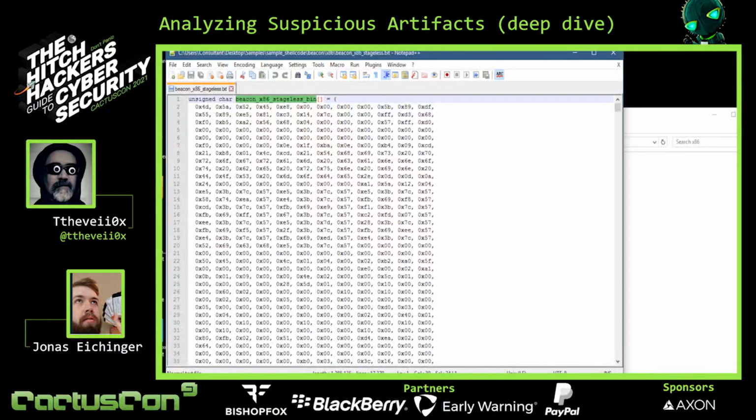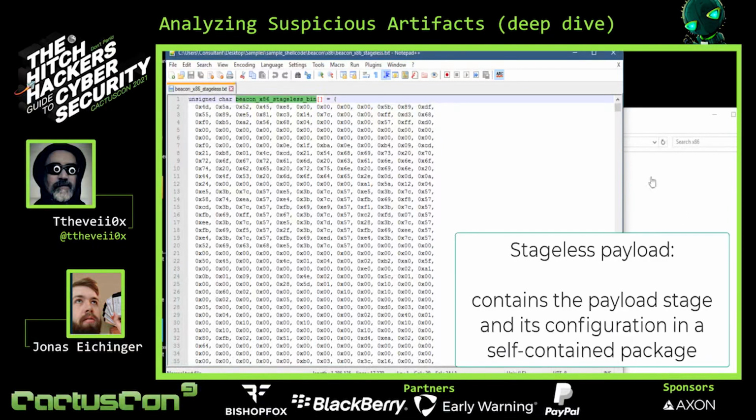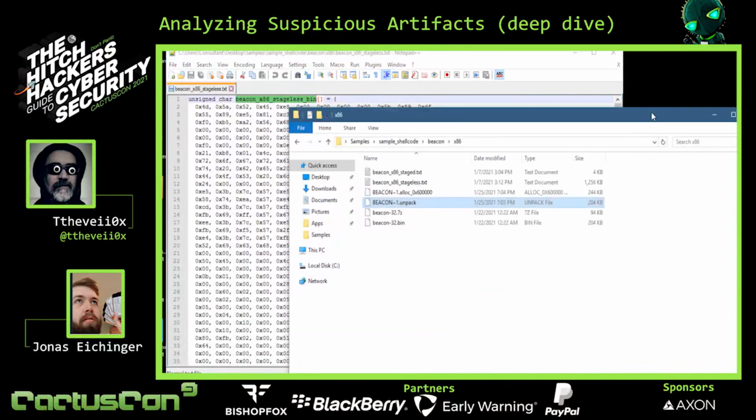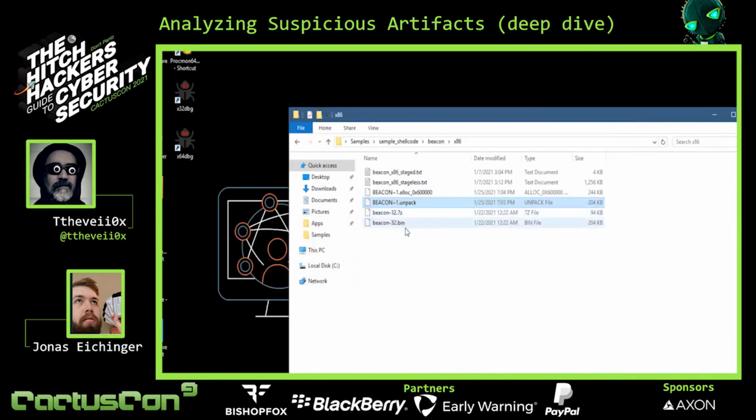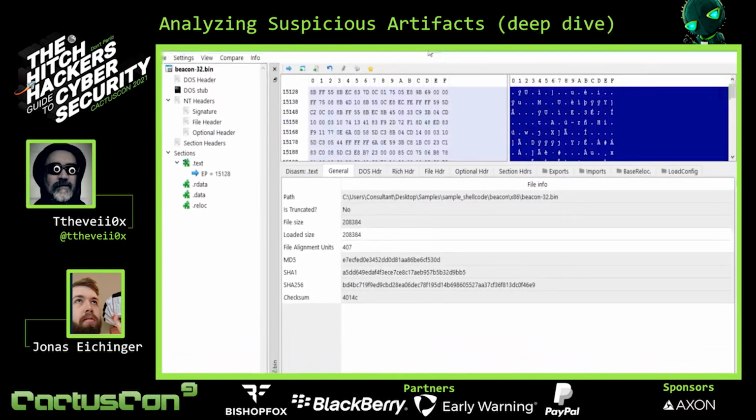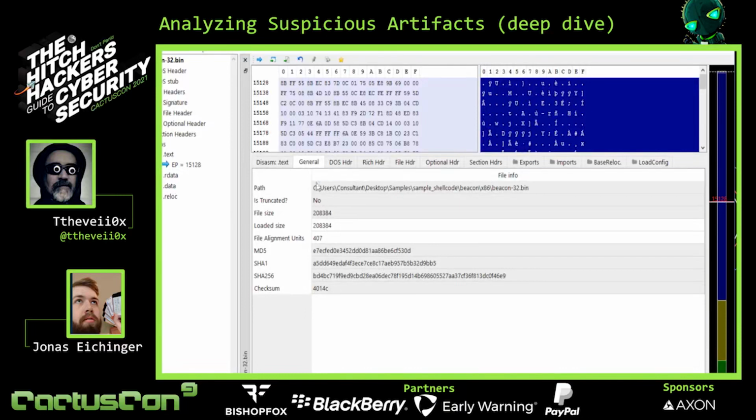For this demo, we are going to be looking at a Cobalt Strike beacon, and it's stageless. So I copied this hex out, converted it to a binary here, and now we can start looking at it from an analyst's point of view. Opening it up in PE Bear here,